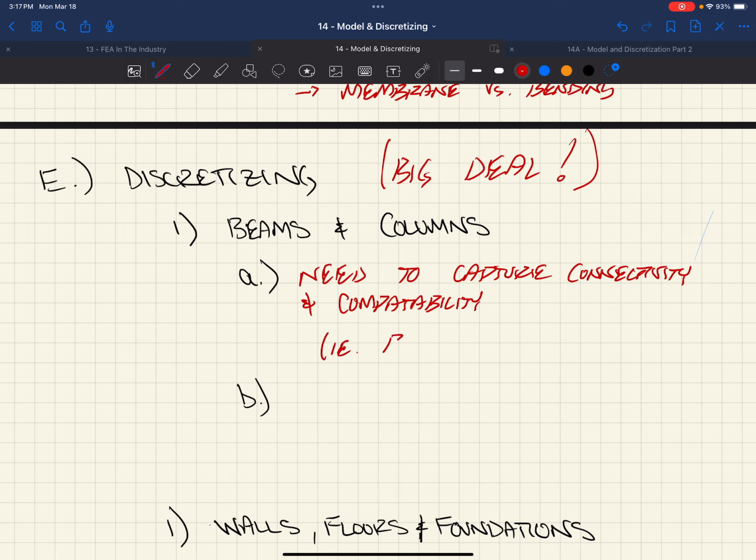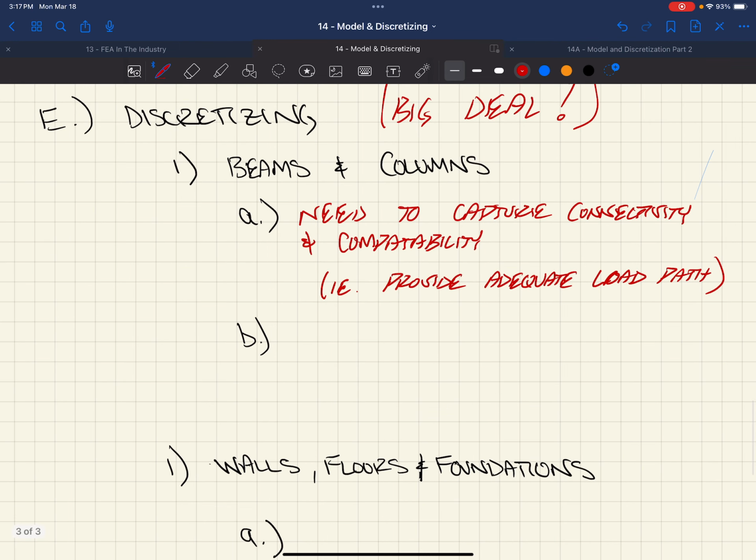In other words, we need to make sure we provide adequate load path. Right? So typical applications, and we've seen this, and I know a lot of you have modeled in VA or other programs, typically, in typical applications,